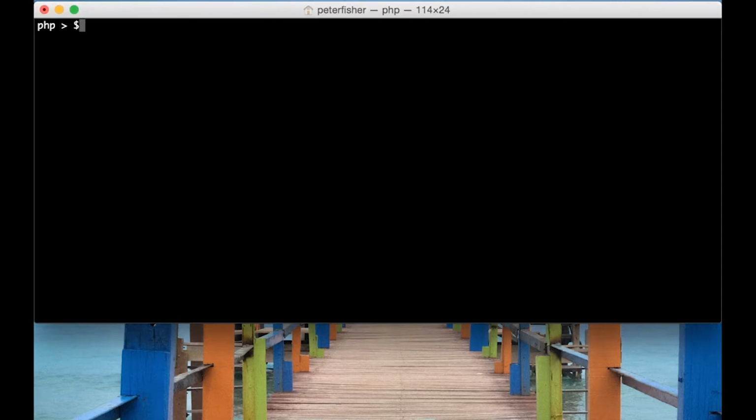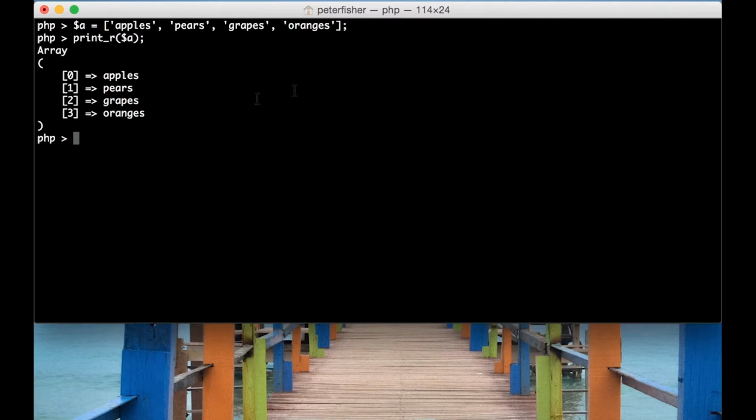So let's go ahead and create an array now. Variable A, we're going to set equal to a bunch of fruits: apples, pears, grapes, and oranges. And that is a string, so it needs to be in quotes, like that. Okay, so let's do a raw print of variable A, and we can see that we have the